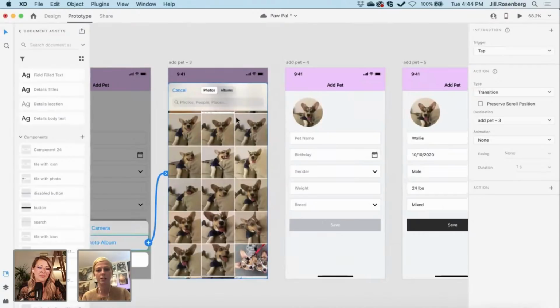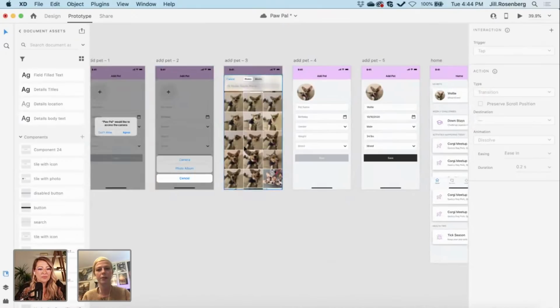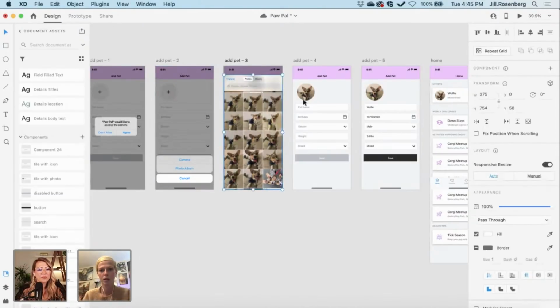This is a screen grab, so I actually want to play around with this. I think we can get this to animate up. I believe that's what it does in iOS, when you click photo album, this would pop up from the bottom of the screen. And I personally would just put this